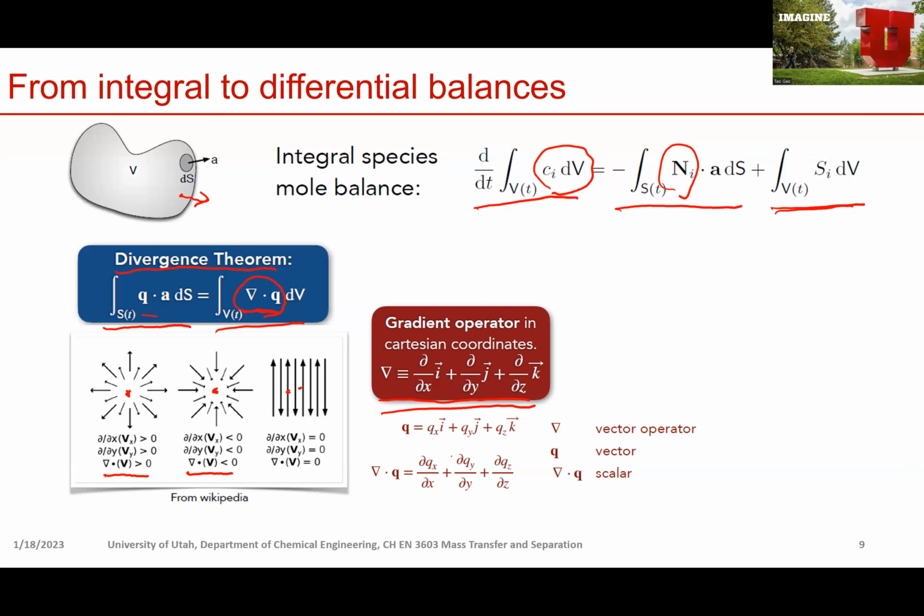So in this divergence operation, we do a dot product between this gradient operator and the vector, because this is a vector and Q is a vector. And we know the dot product of two vectors mathematically means